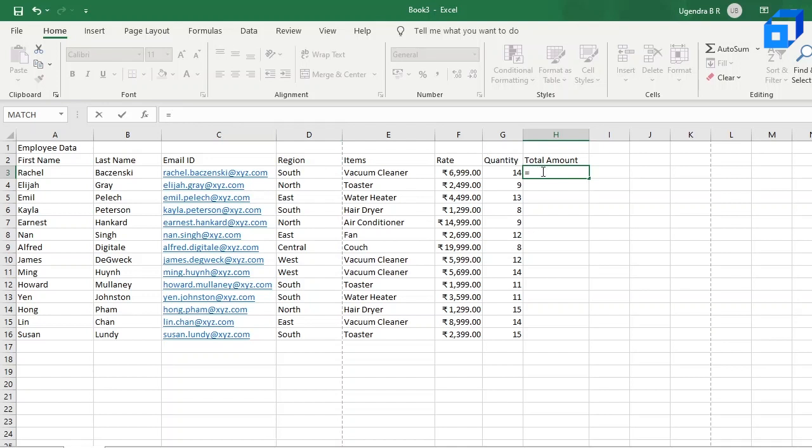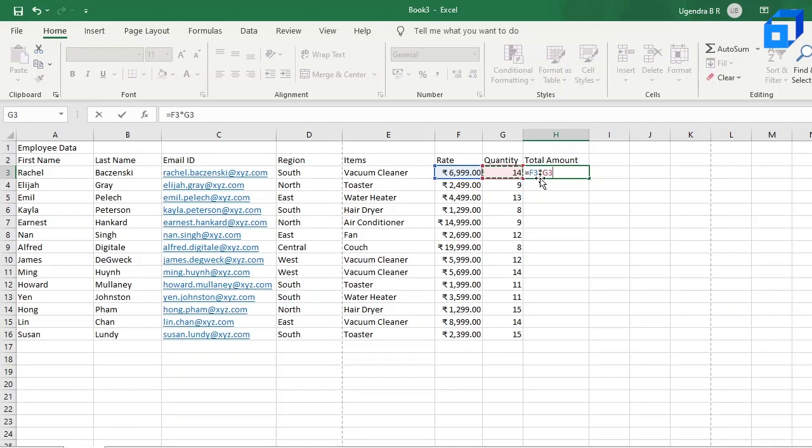So here we've started with an equal to sign, and here also you can see there's an equal to sign. Now Excel does calculations easily by just selecting this particular cell, and since you want the product, we'll click on the shift 8 key, so that's star, and click on the quantity now. So that's F3 into G3.